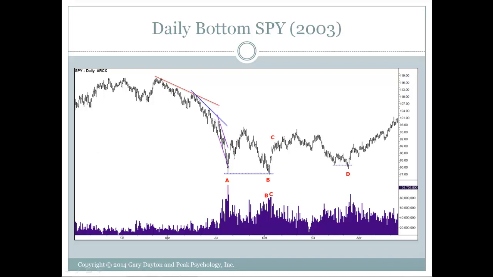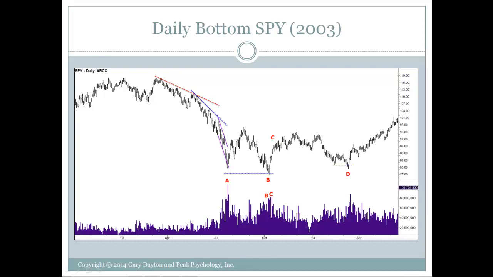Just eyeballing this chart, we're making a lower high in here, and this is not a great spring, but there is a spring here. But notice we don't get, see how the action is here? We start to immediately roll over. Compare that to this action here or this action here. We get immediate gratification to our long position. That's one of the characteristics of a great spring. And I love springs. I'll buy them almost any time, as long as they're not in a beginning in a